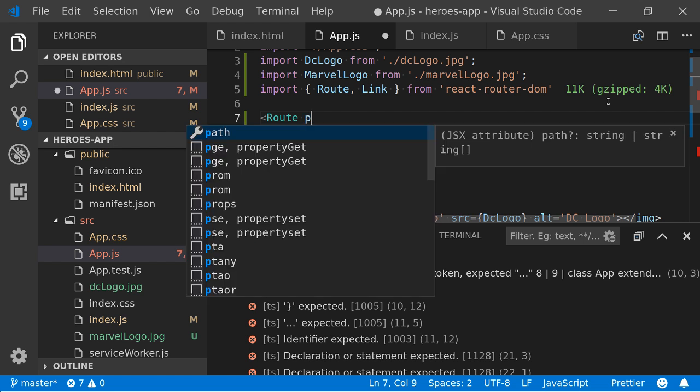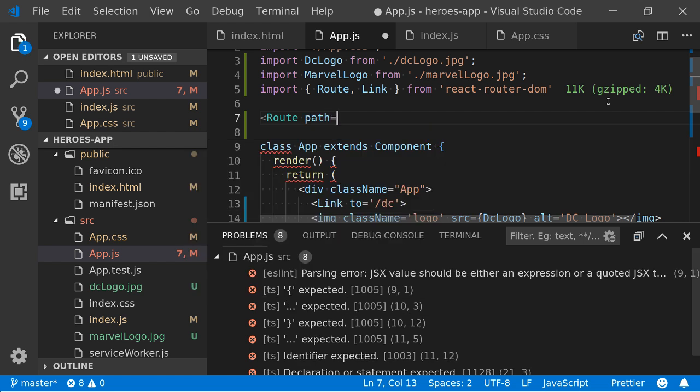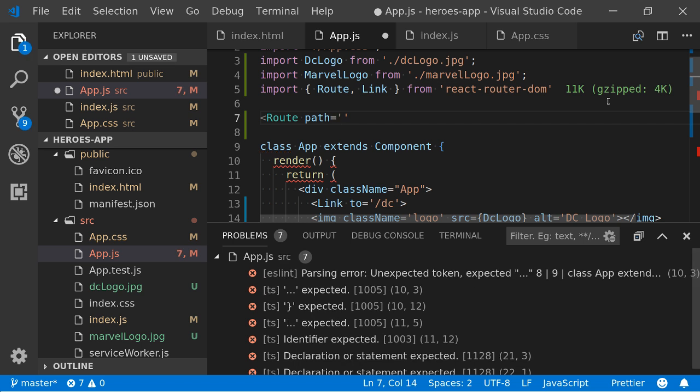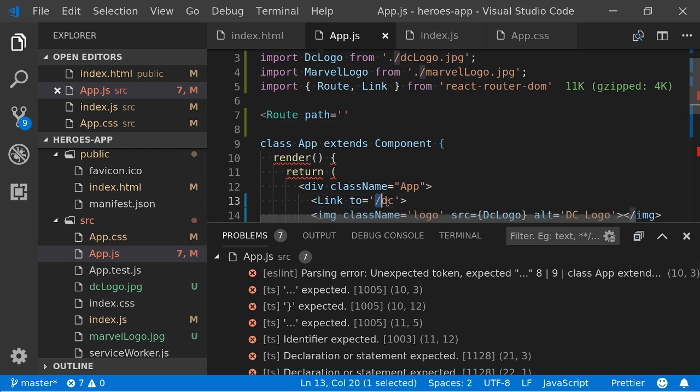And then the attribute for our route is path. And this must match whatever we want there. So our first path is just our root path, our home page, if you like.